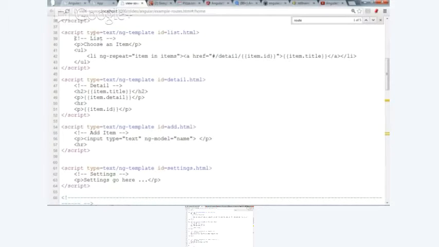If you want to have your app in one HTML file, which I have now, with your script, all your views, and all your styles, which is good to carry around, you can put the templates in a script tag with a different type, which is an Angular template. This will effectively override a request to list.html. So it's good for mocking up quick and dirty apps in a single file.